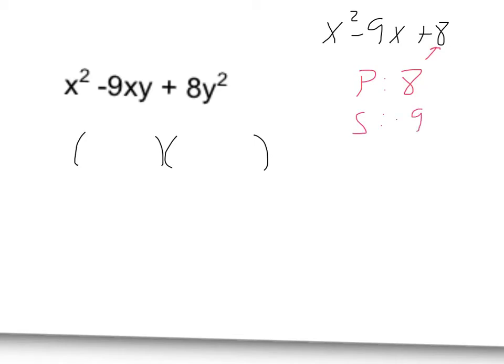Well, the factors of 8 that add up to 9 are 8 and 1. They have to add up to negative 9, so you're going to have to make them both negative. Now again, negative 8 times negative 1 is still positive 8. So I write my x term first. I'll write my negative 8